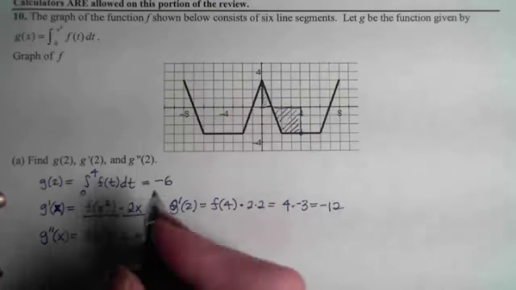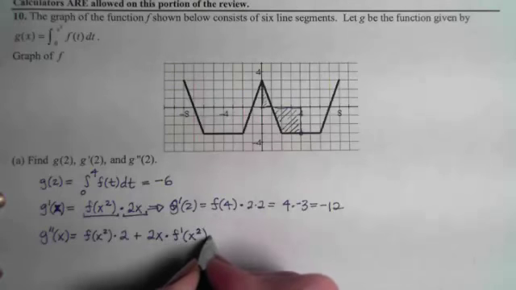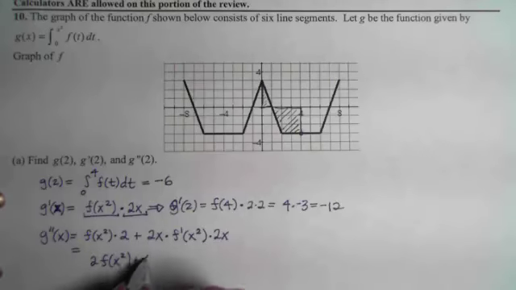So the derivative of the first will be f prime of the inside unchanged times the derivative of the inside. So that ends up being 2 of those f of x squareds plus 4x squared times the slope of f